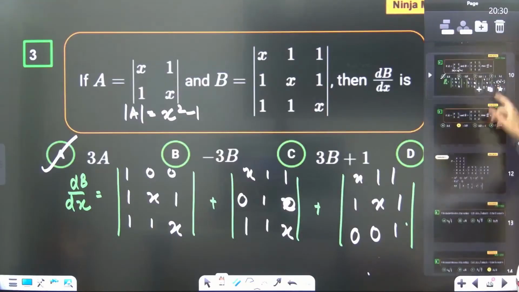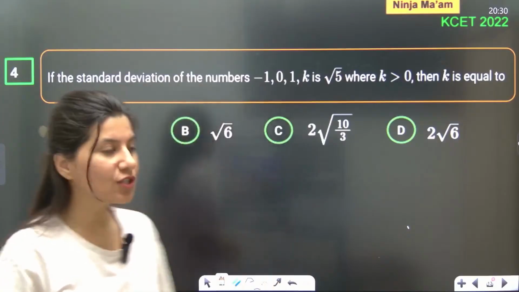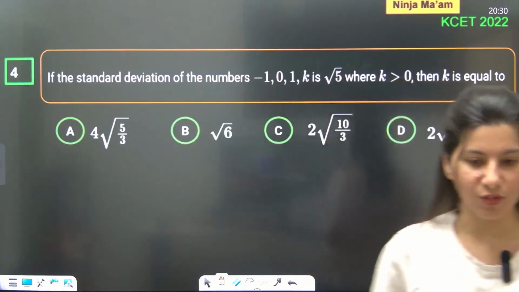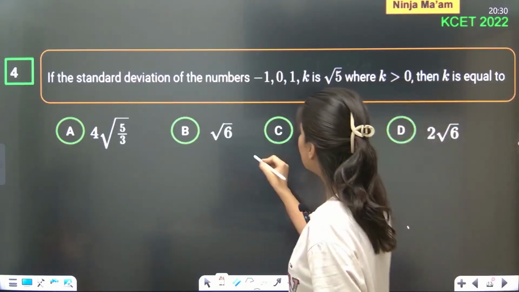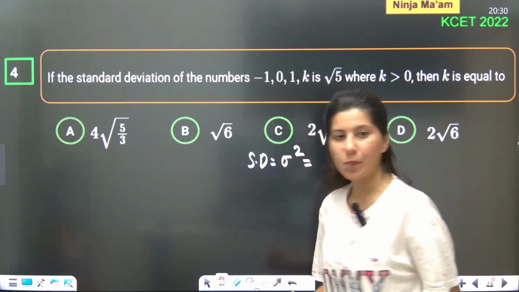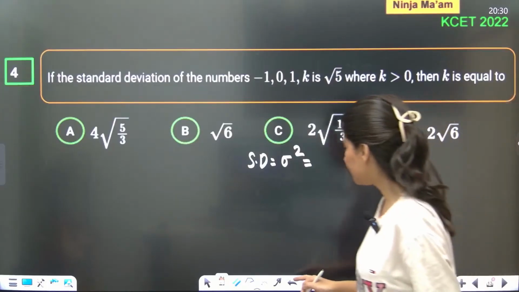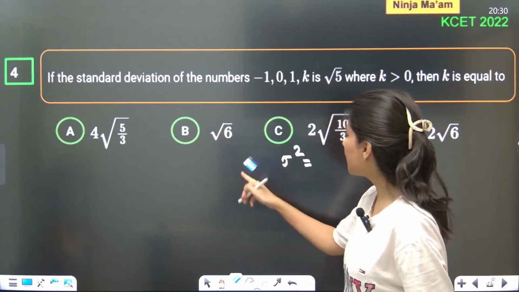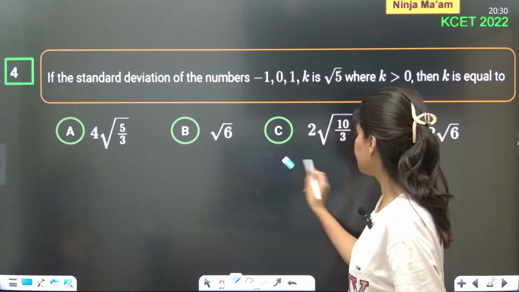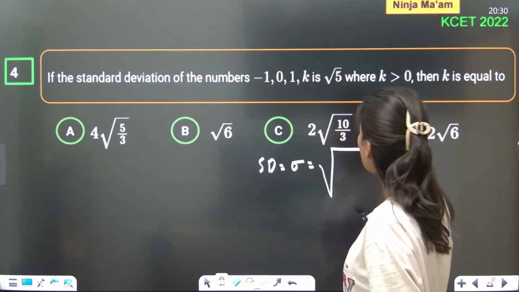Okay, all right. Next question on your screen is from the world of statistics. Standard deviation of numbers is given as root 5. Square root of 5 is your standard deviation. Okay, so over here, standard deviation is sigma. Sorry, it is sigma, not sigma square. Standard deviation will be sigma, which is equal to square root of